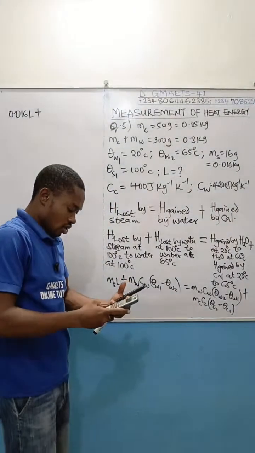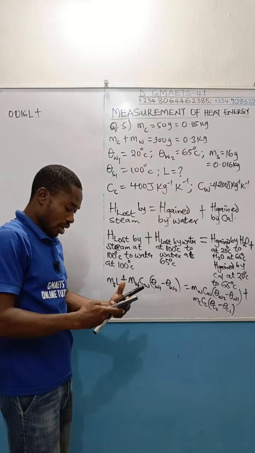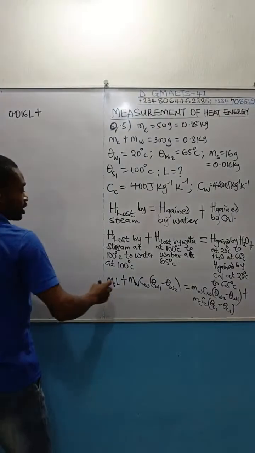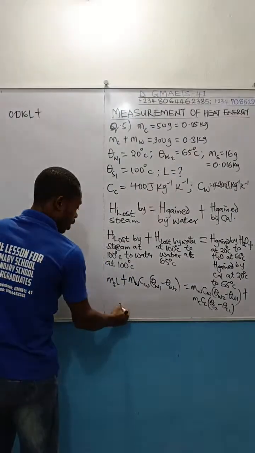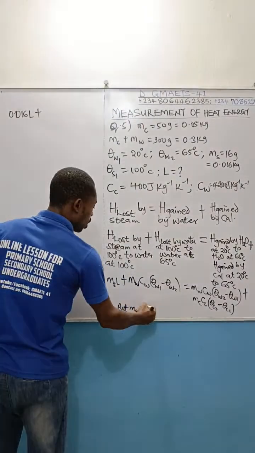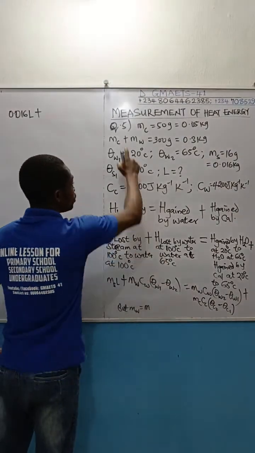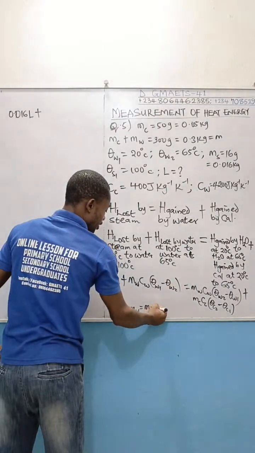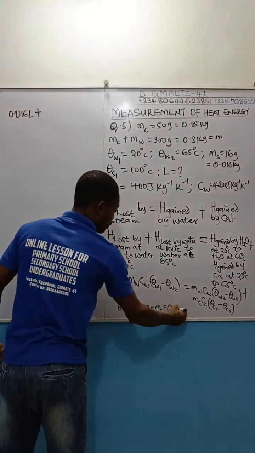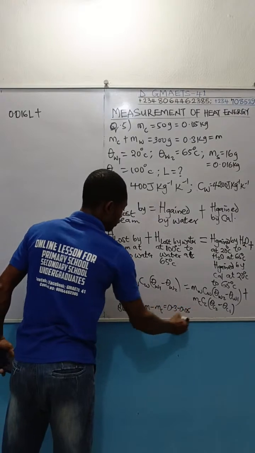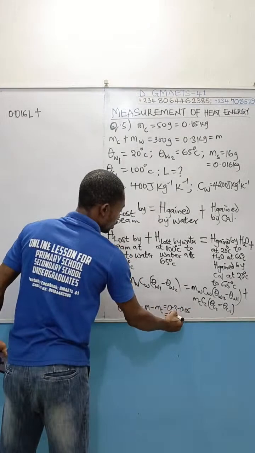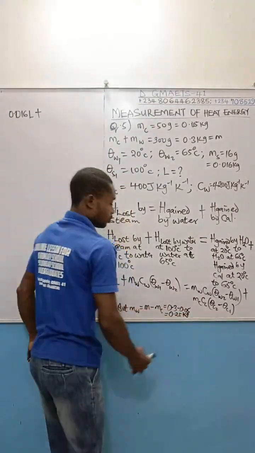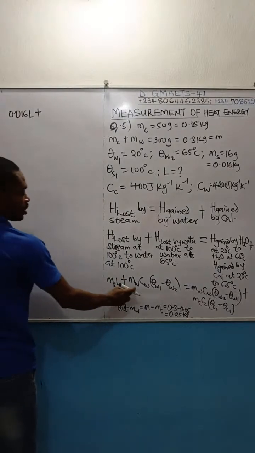I don't have time, so I'm going to use the calculator. 0.3 minus 0.05 gave us 0.25. That is the mass of water. Note that mass of water is equal to the total mass minus mass of calorimeter, which is 0.3 minus 0.05. If you do that, you get 0.25 kilogram. So I'm trying to be a bit fast. So this is 0.25